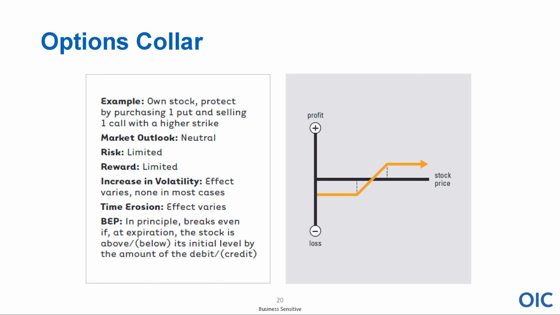So these are just 3 examples. There are lots of different examples. And this is, by the way, an example of taking 2 very basic strategies, the covered call and buying the protective put, and combining them into something else, and this is called the collar. So you may hear people talk about trades. There's a commercial on TV right now where people are talking about a specific crazy trade. Well, I know exactly what they're talking about. They're just combining 2 very simple strategies and rolling it all into one.